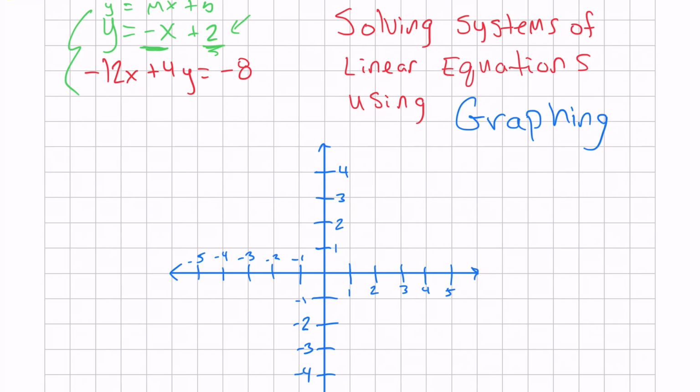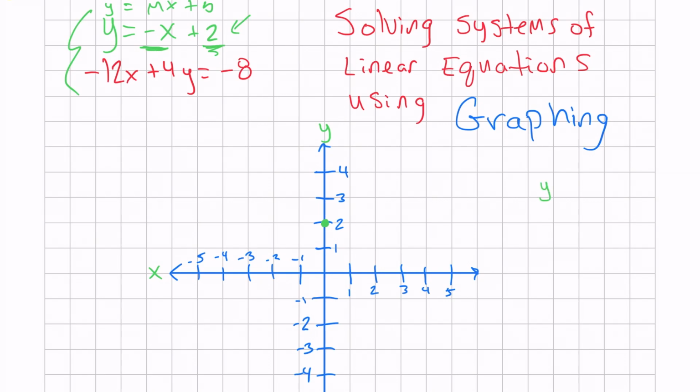Start with the y-intercept, +2. That means we go to 2 on our y-axis. This is our y, this is our x. You need to distinguish the difference between the two, always, always. So start at that +2, and from there we will use our slope. It is -x, which is -1. Remember, every variable always has a 1 in front of it, and we always want to write our slope as